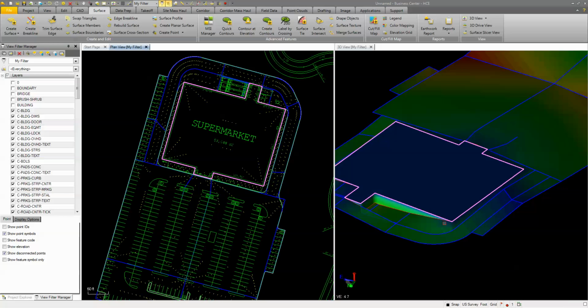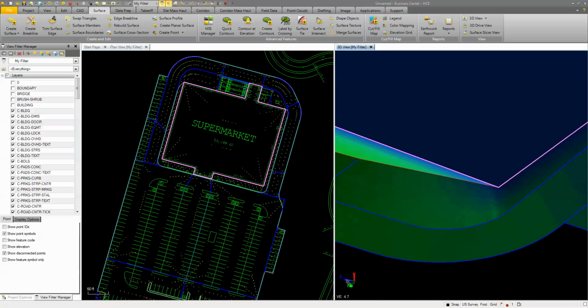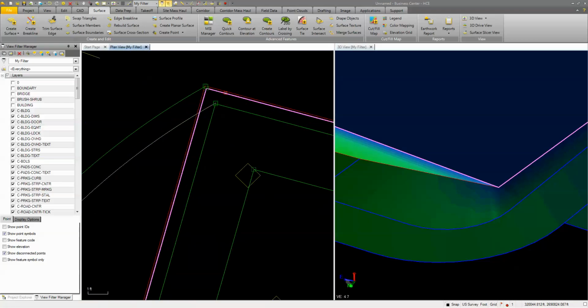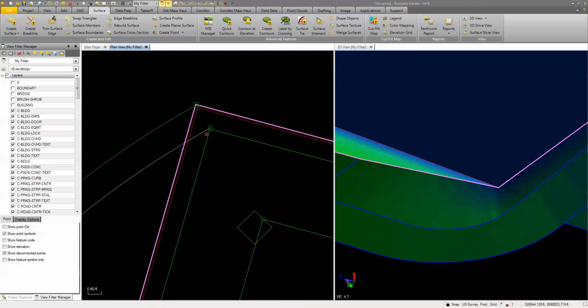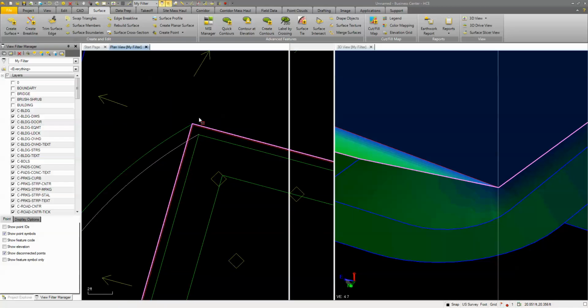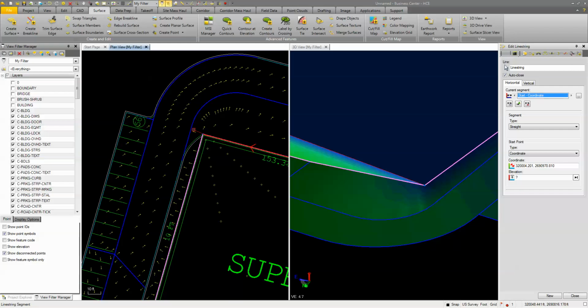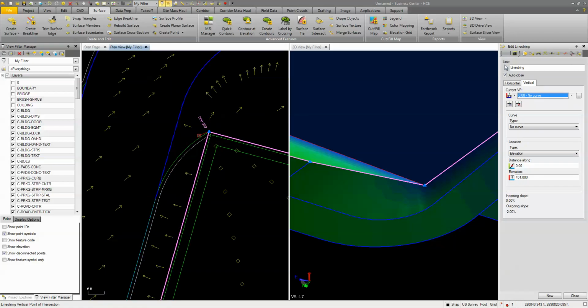So we've noticed over here that we have an area that we need to take a look at. We're picking the corner of that building. So I'm going to come in here, and we're going to pick this corner. We're going to edit that line string. We know that our building, if we go to horizontal, so our corner is going that way. If we go to vertical, we've got a vertical elevation there that is at 455. Let's actually change that to incoming slope, and let's set our incoming slope to a 1.5%. So when we hit save,